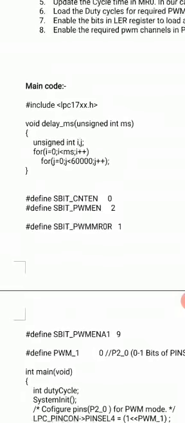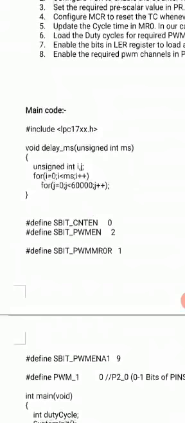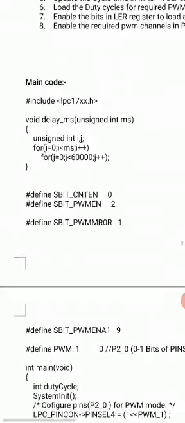Okay, so like that, whichever bit position we want to enable or disable, those values have been put under variable names like these, and they are defined earlier. This is optional. Either you can do it here, or you can also do it in the main program. Okay, whichever is convenient for you.